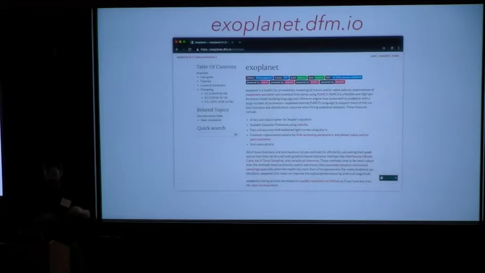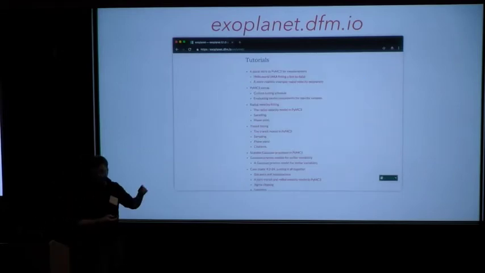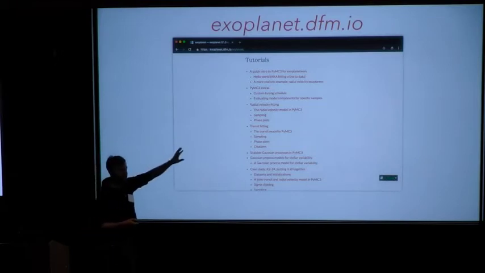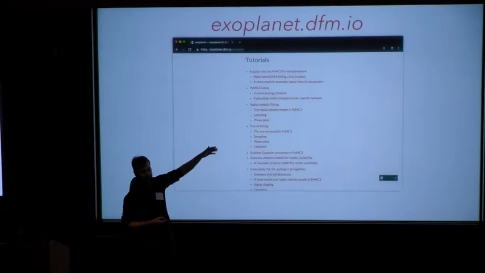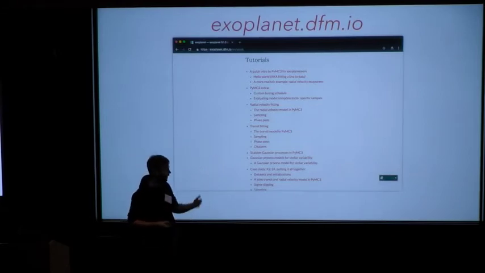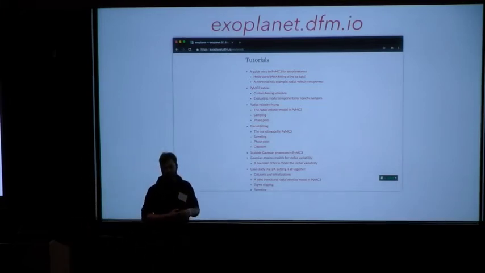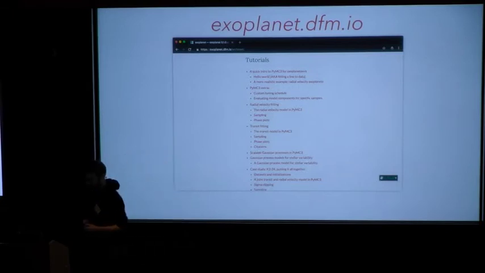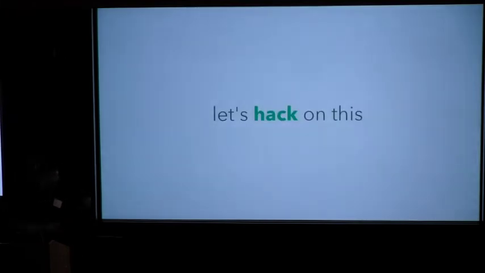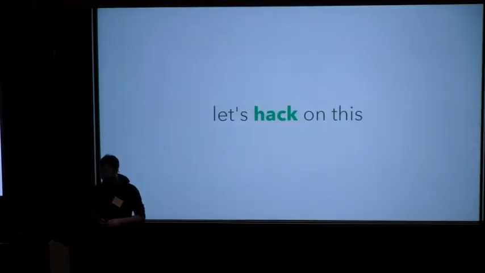But I'd love to hack on this over the next couple of days, seeing how this could be applied in a microlensing context. But specifically of interest, there are a lot of examples that aren't necessarily specific to this package about how to use this type of thing in an astronomical context. And I've tried to write it in language that might be familiar to people here. In particular, things like scalable Gaussian process regression using derivatives and things like that. So that might come in handy for some of the people here. And yes, I'd love to hack on this over the next couple of days.